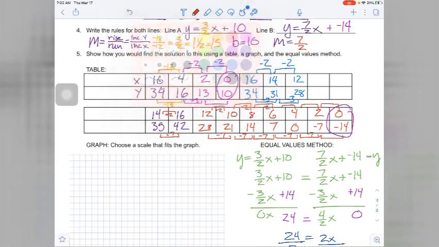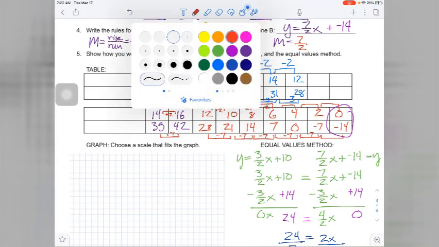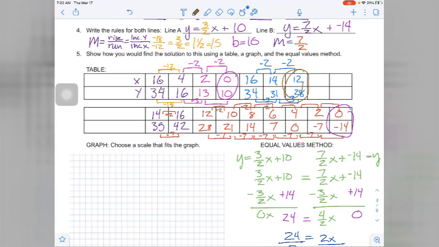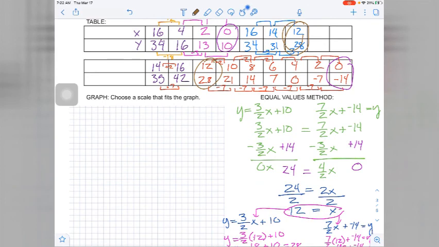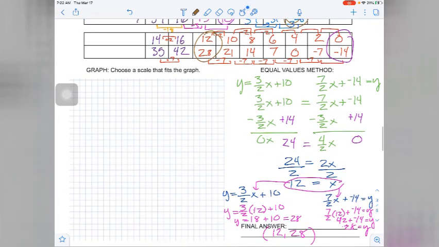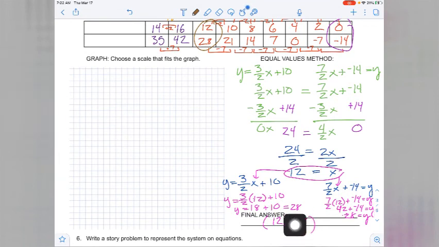And so on my table, on both lines, I can see that 12 and 28 is on both of them. So that's how I would show my point of intersection on my table. I have both of those points on the table. Here's how I show it with my equal values method. And then finally, for my graph,